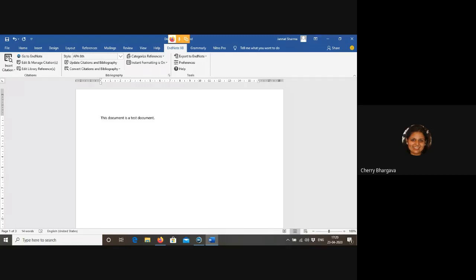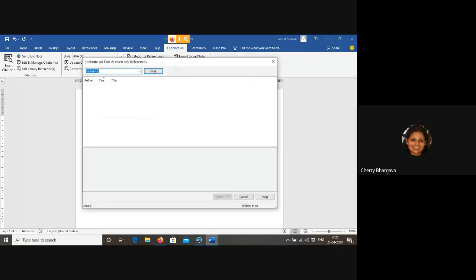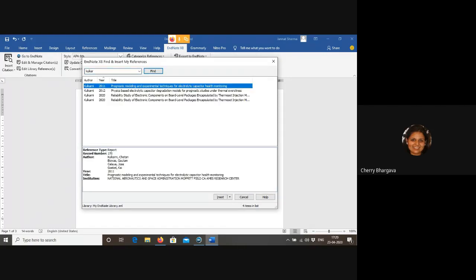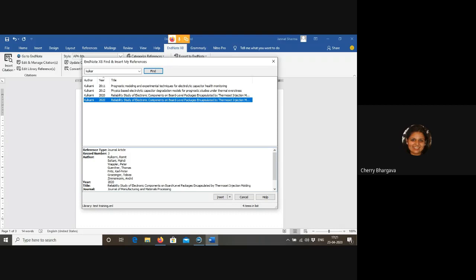of your Word document, then move to the insert citation, and then choose the first option. That one is insert citation. Okay, here you can type the author name, Kulkarni. Okay, by default all. Got that. Okay, so I'm going to use this 2020 reference by Kulkarni,